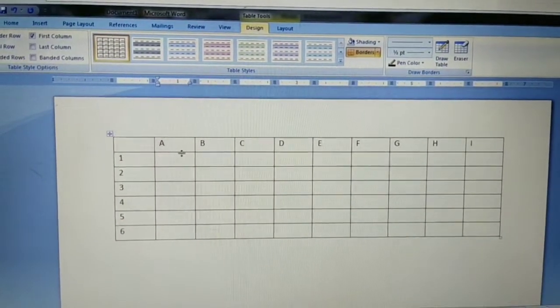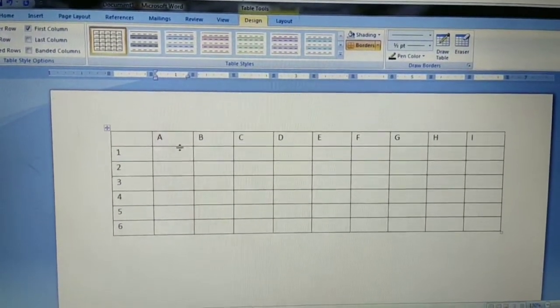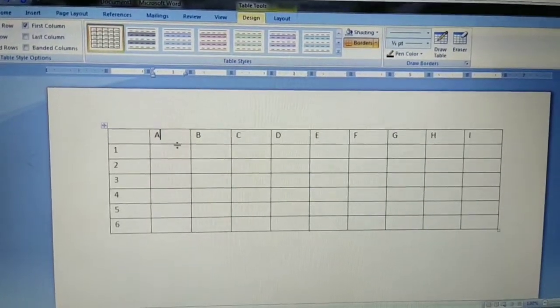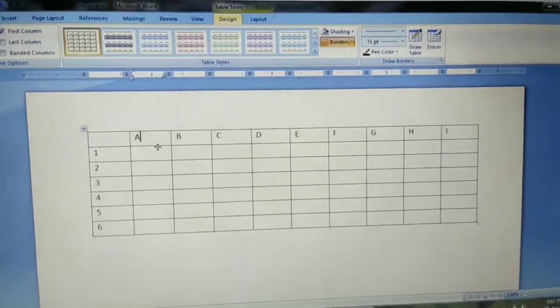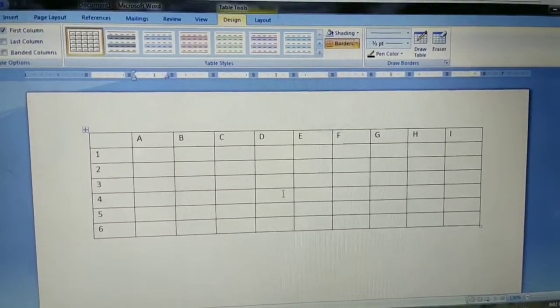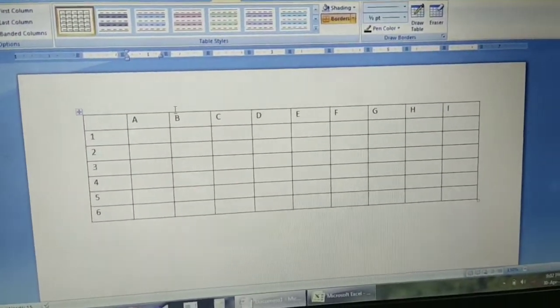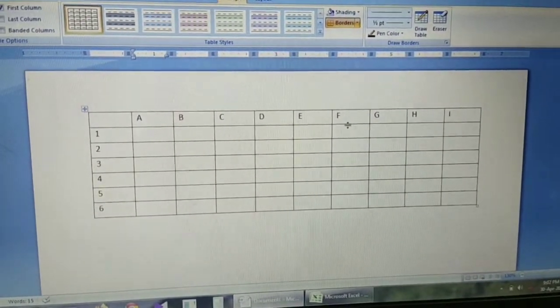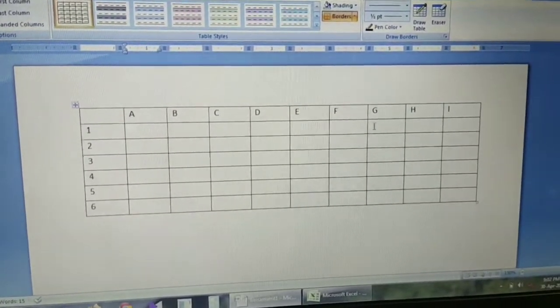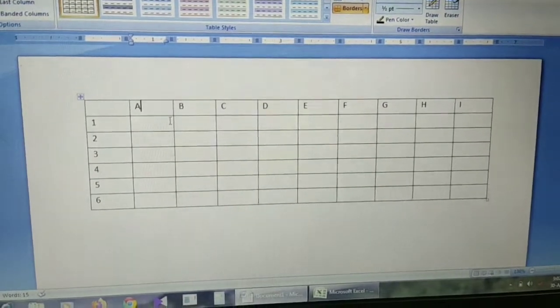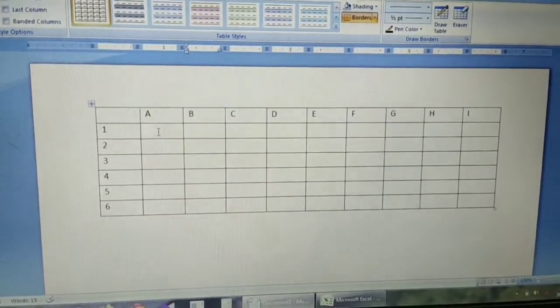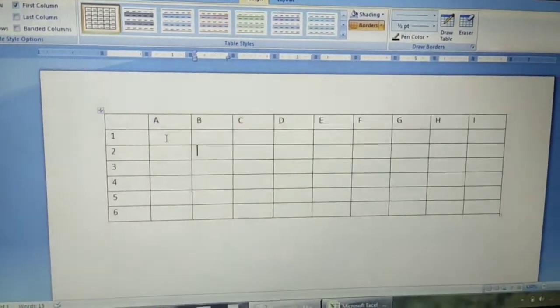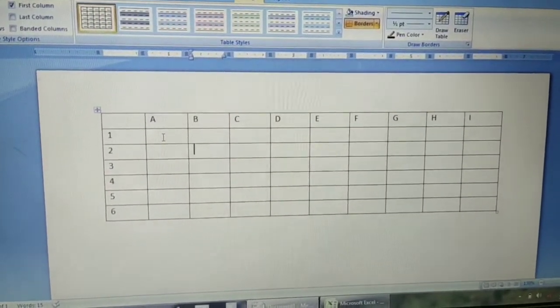Now comes the introduction part of the table. What actually is a table? A table is a container that holds information. Okay, now this is the table. I have drawn a table here. Here you can keep the information, you can record the information in the table. That is why it is said that a table is a container that holds information.